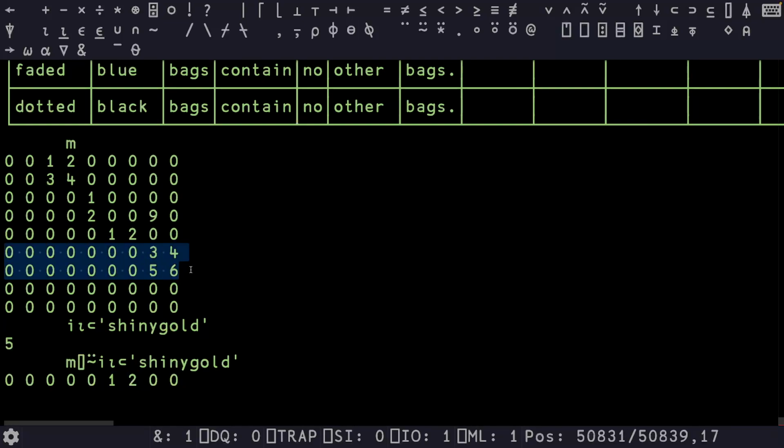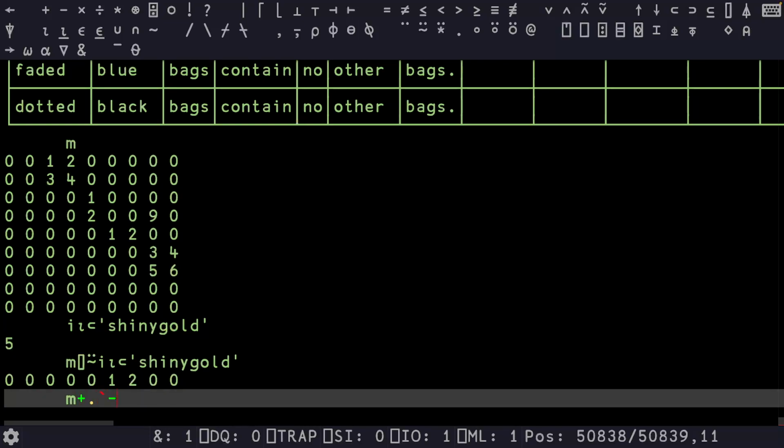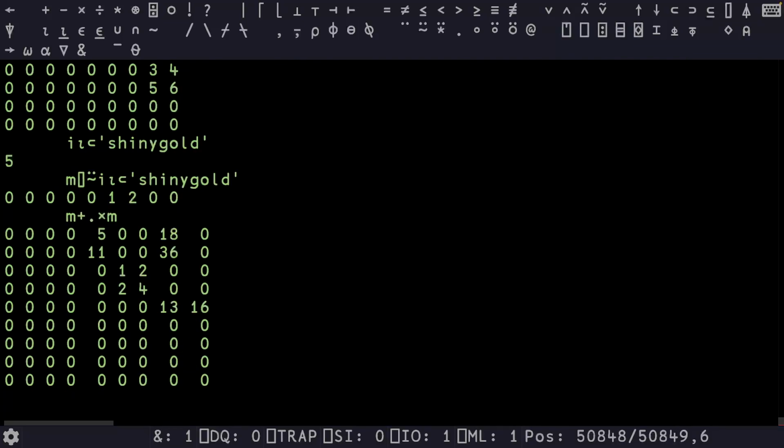So we would multiply by 1 and 2 these 2 rows, and then we would sum them together to see how many bags in total we contain at that step of the breadth first search. And this operation can basically be done using matrix multiplication. So if we do m plus dot times m, right? This